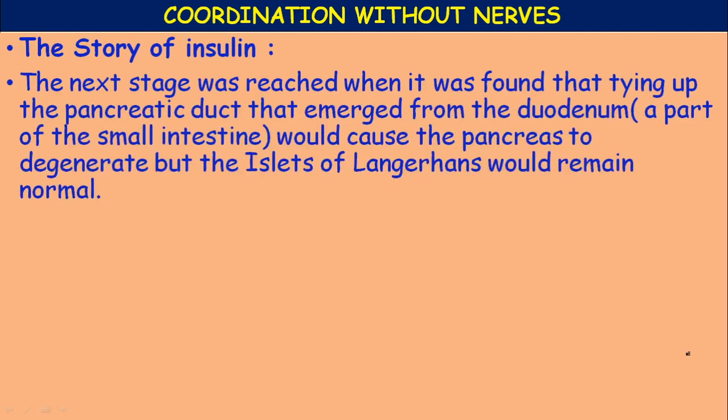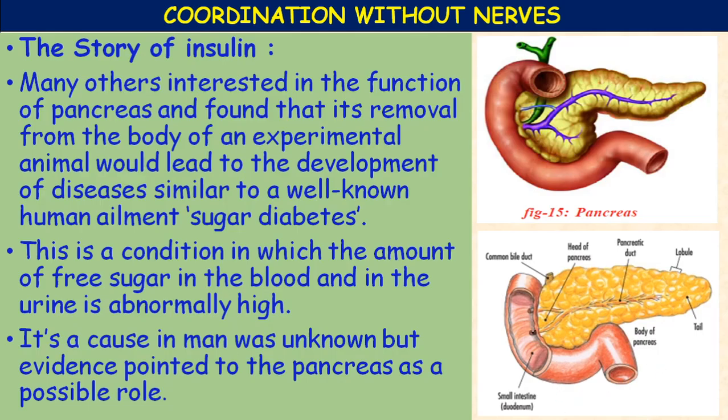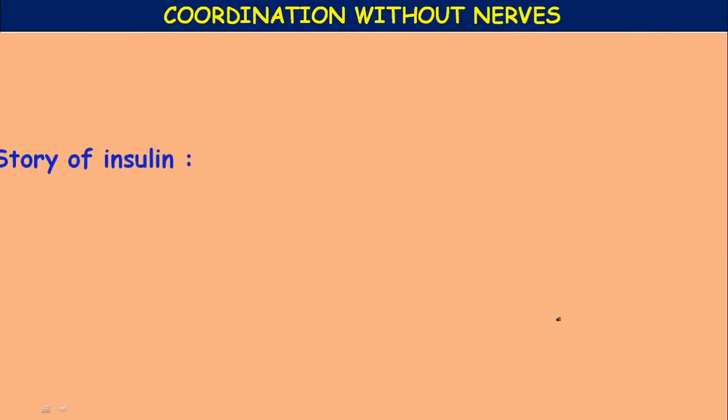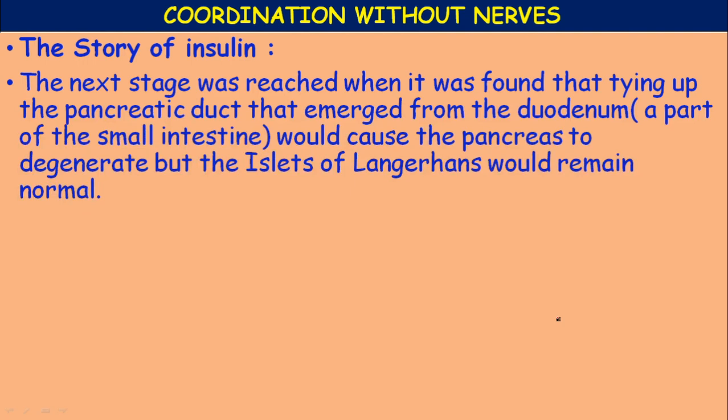So the next stage was reached when it was found that tying up the pancreatic duct that emerged from the duodenum... Okay, what they did was tie the pancreatic duct which enters the duodenum. This is the pancreatic duct, this is the duodenum, the first part of the small intestine. Okay, so when they tied the pancreatic duct that emerged from the duodenum, a part of the small intestine, it would cause